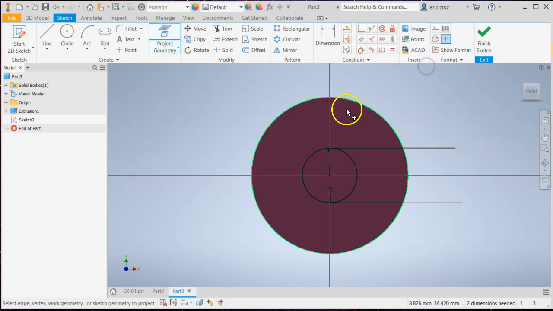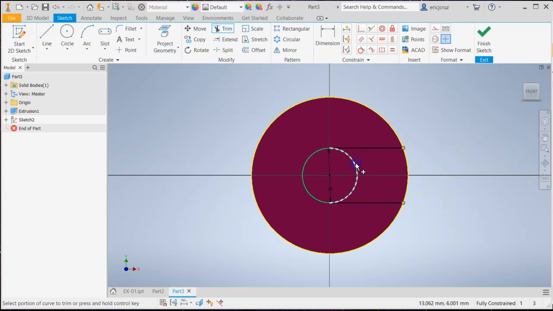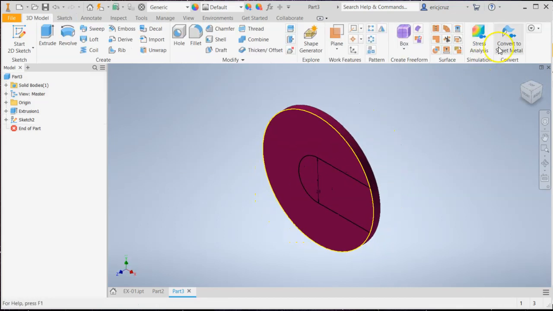And then click on project geometry, and then click on the surface, so that way we have a line to trim here, and then we'll trim this line as well. If it all worked out perfectly, you'll be able to extrude cut this section. So click Finish Sketch,